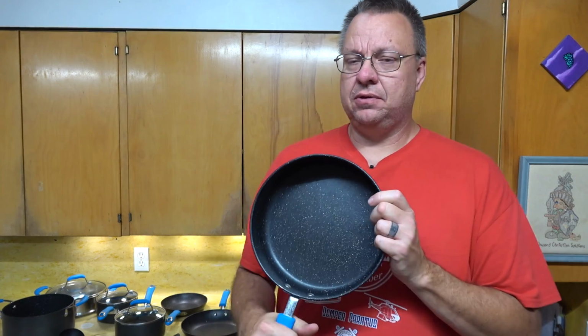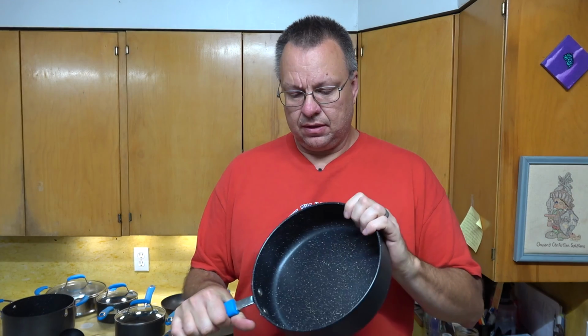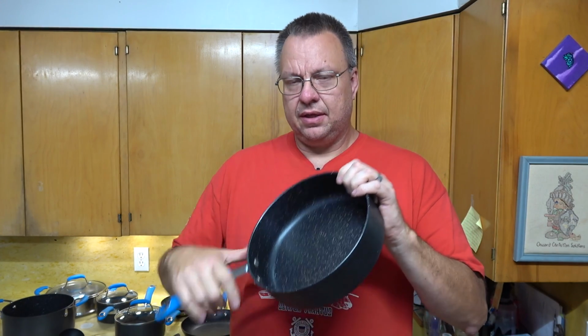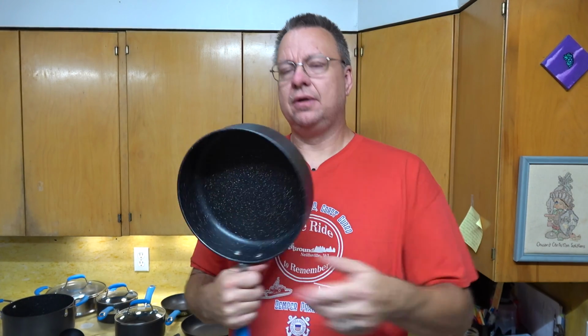bigger, okay? When it comes to, let's say we're just making spaghetti. We use a canned spaghetti sauce, a pound of hamburger, and then we boil off the spaghetti noodles, right? That's normally how people do it. When you put 1 pound of hamburger in here and brown it off, as you're chopping up that burger and breaking it apart, this pan is so small in the diameter,